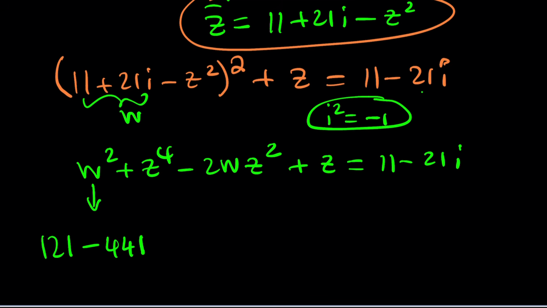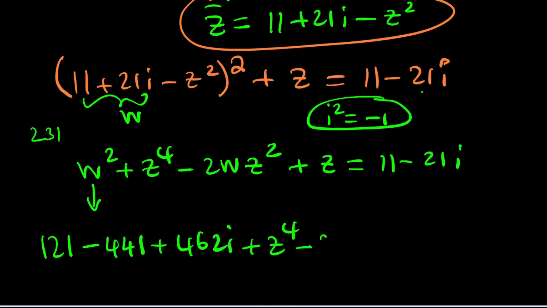Great. Now we're going to go ahead and multiply these together. 21 times 11, and then you have to double it, 462. So it's going to be 462i. Remember, I used the formula 2ab for (a plus b) squared: a squared plus b squared plus 2ab. Okay? Great. That is w squared only, plus z to the fourth,